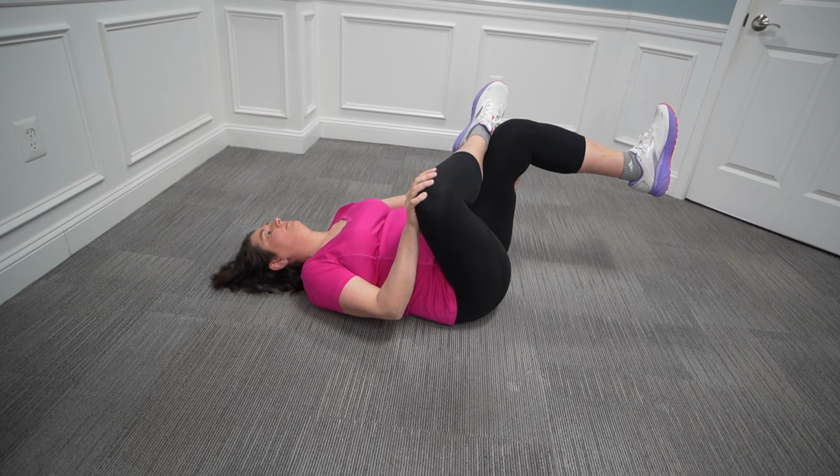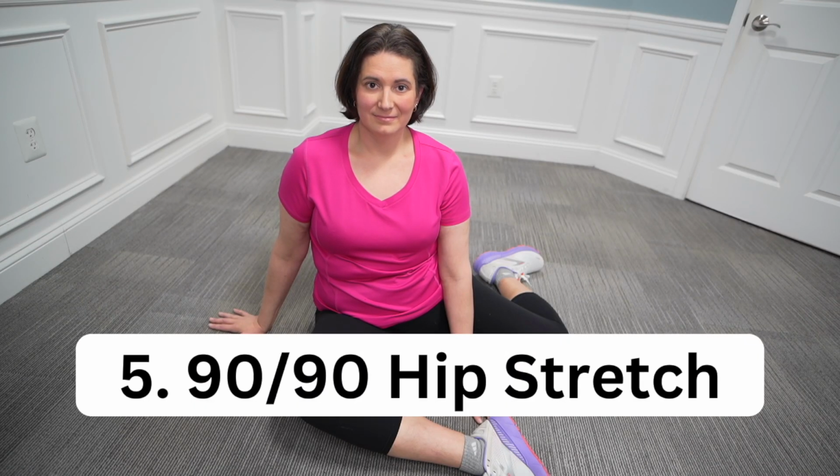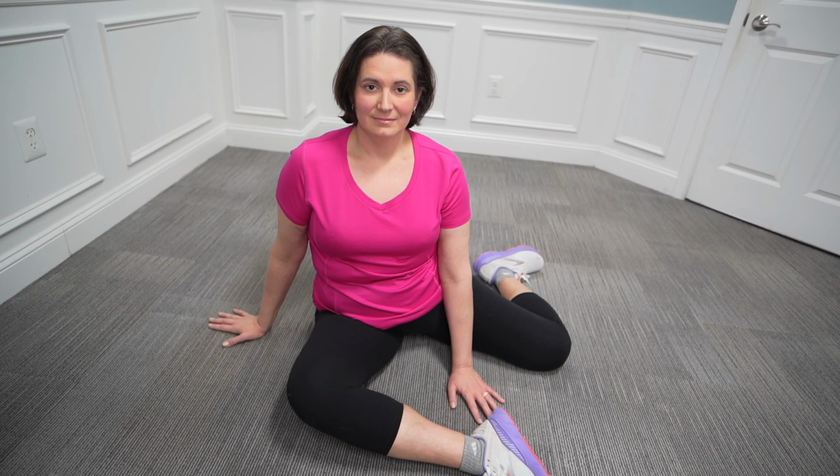Repeat this 2 to 3 times on each leg. To perform a 90-90 stretch, for the right side, we're going to bring our leg out in front of us and have a 90-degree angle with our leg. Our left leg, we're going to bring it back behind us, and we're going to put that in a 90-degree